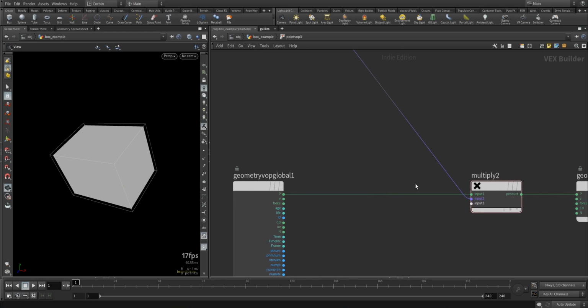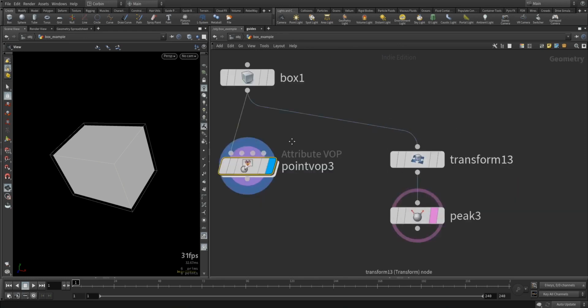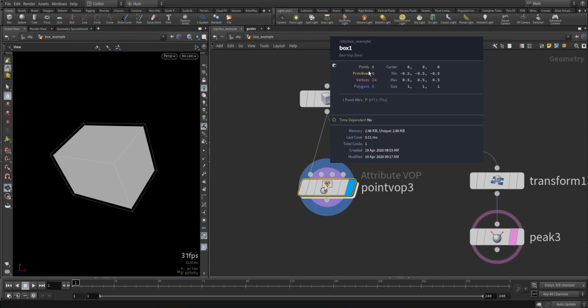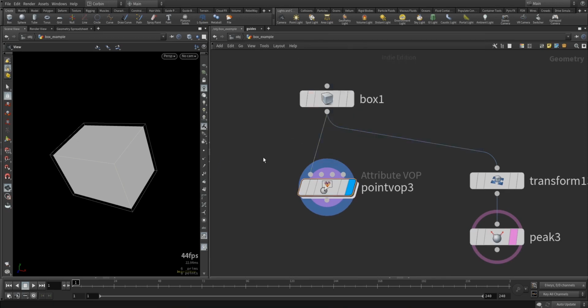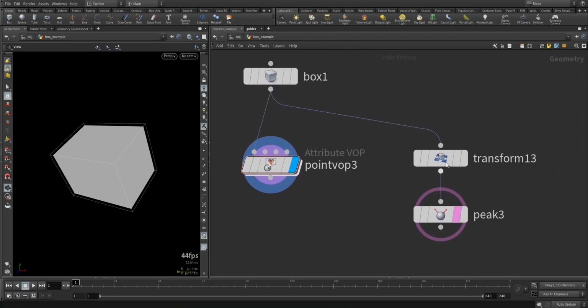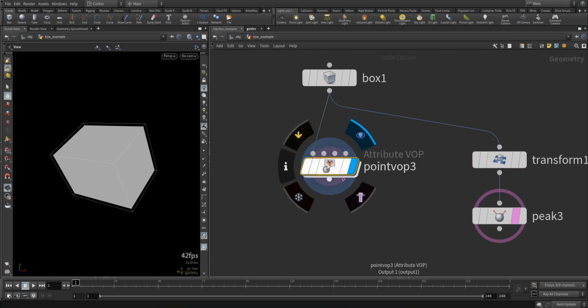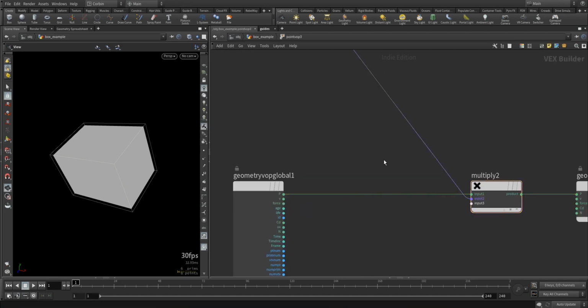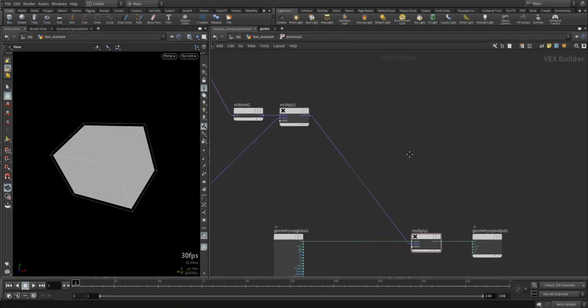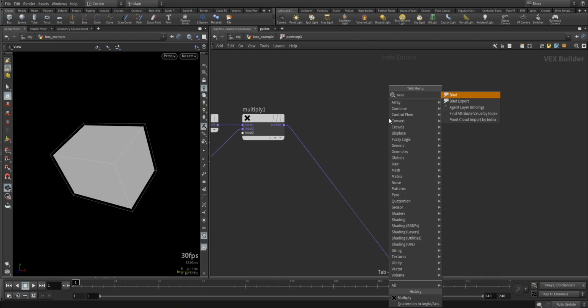But this only works if we have an unpacked geometry, so if we're literally working with a bunch of points. If we do have packed geometry, then instead we need to transform it in multiple ways. You can either use a transform node, or you can write to the primitive intrinsics. That's getting very complicated, and so that's outside the scope of this course because it gets a little bit complex. But ultimately, we can